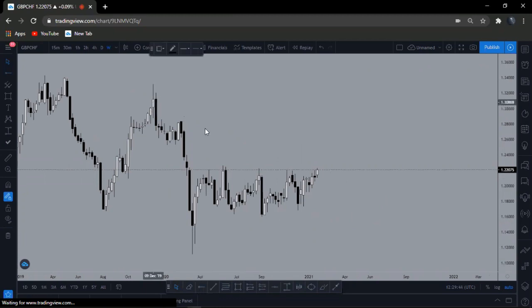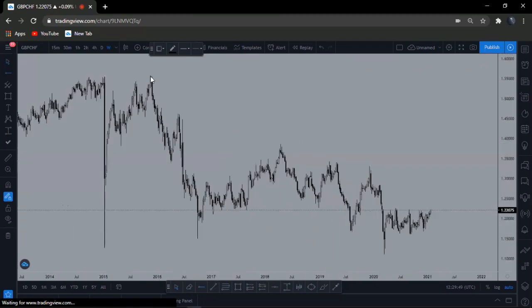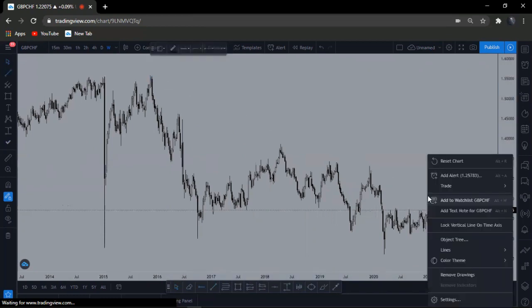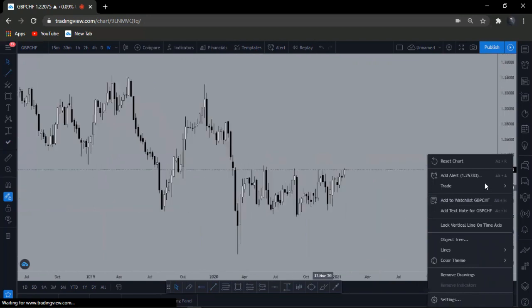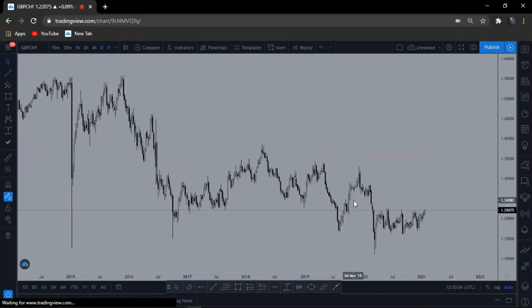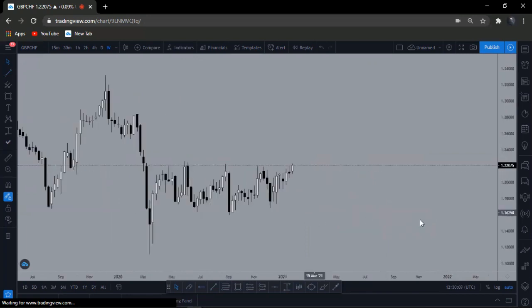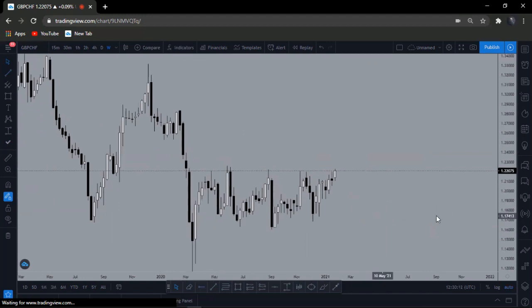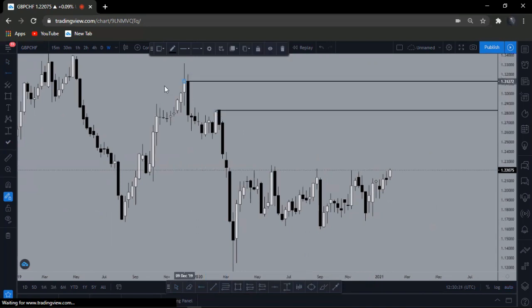First, I would like to know the trend of this pair. As you can see here, the trend of GBPCHF was in a downtrend, and we are now at the bottom of the chart, or the bottom of the price. And as you can see here on weekly time frame, price is in a ranging market, as I'm expecting that the price will test this new high here that I categorize as my advanced